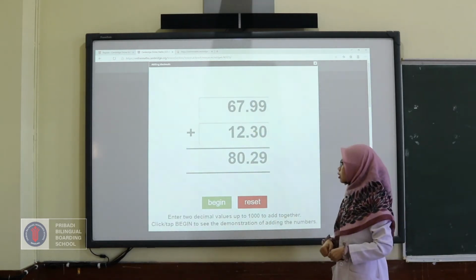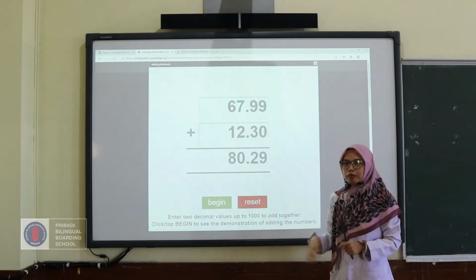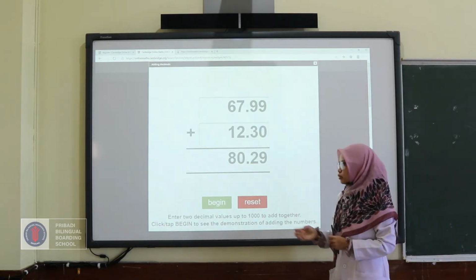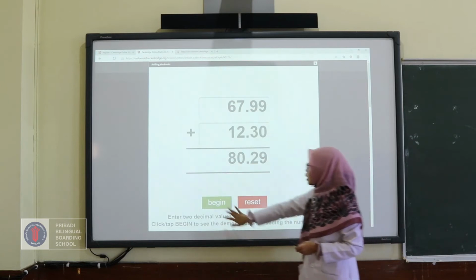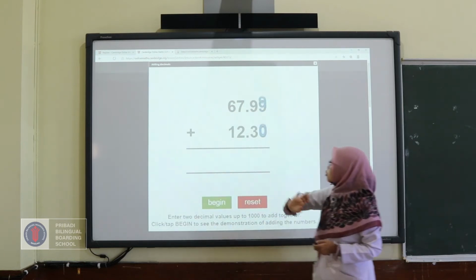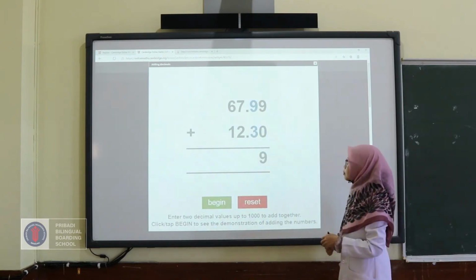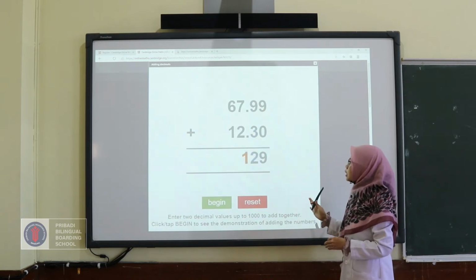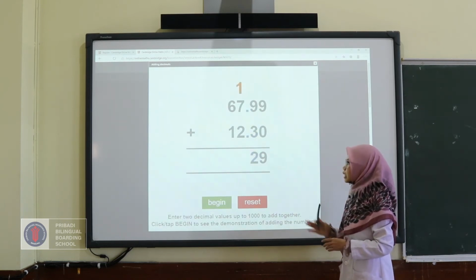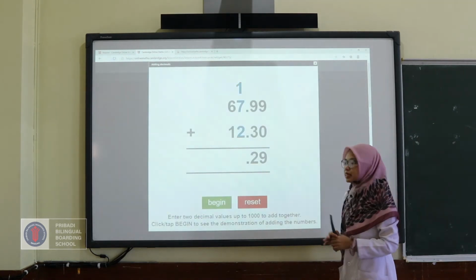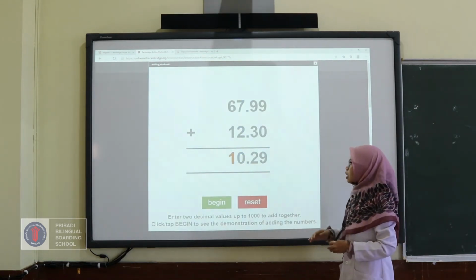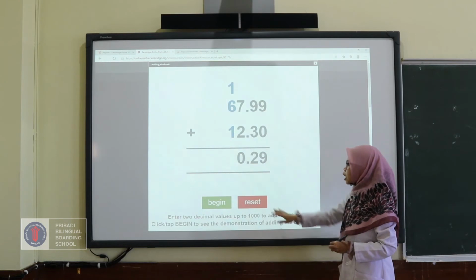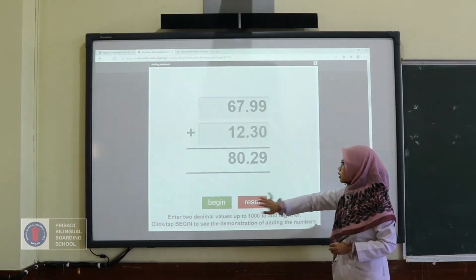You can repeat the process in a faster way. You can go to begin for the second one. The second time you will see the process by the system. If you want to change the decimal numbers, you can do the reset.